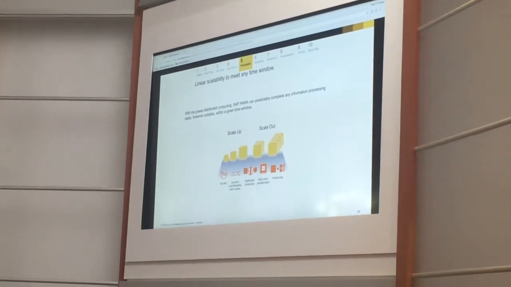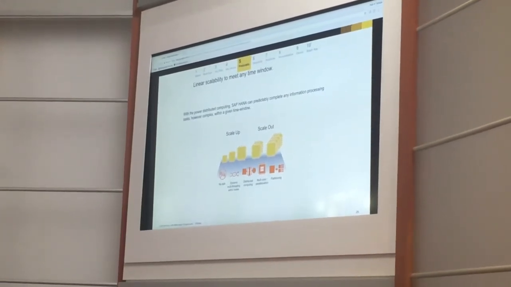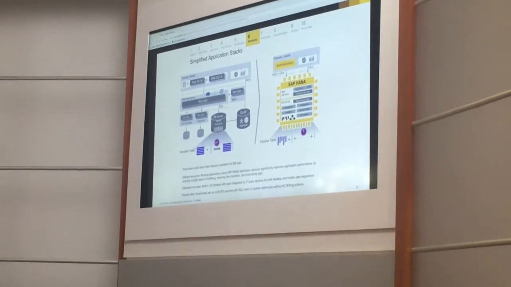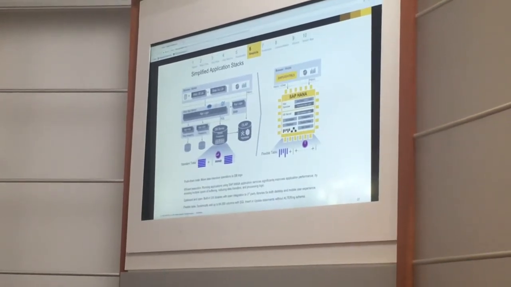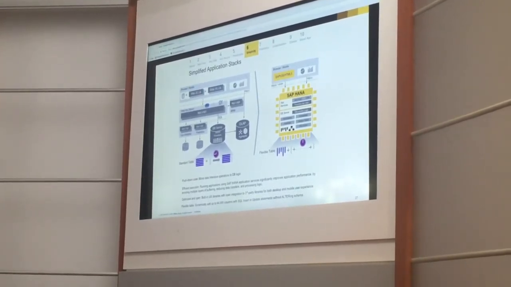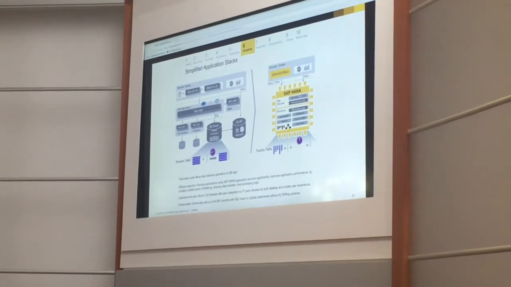Deployment-wise, you can scale up and scale out. It's your choice. What you can see here is that you can dramatically simplify the architecture. I've talked about having the application paradigm and the database paradigm in the same logical system. So if you look at the left-hand picture